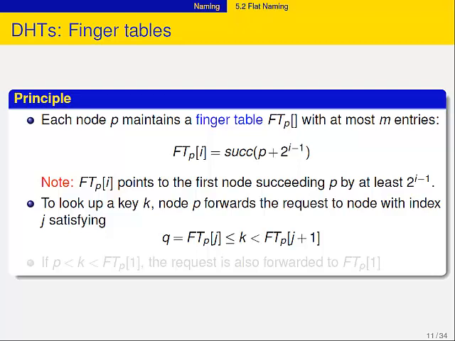Yes? Are you still going to explain how we actually get that? Yeah, sure. Okay, there's one subtle thing. If you have a key that is between yourself and your first entry, then you also forward it to this first entry. That means you're not responsible, but in principle your neighbor is, so to say.